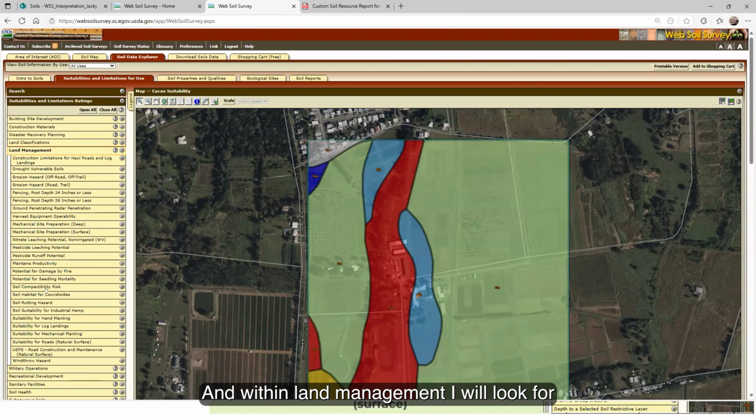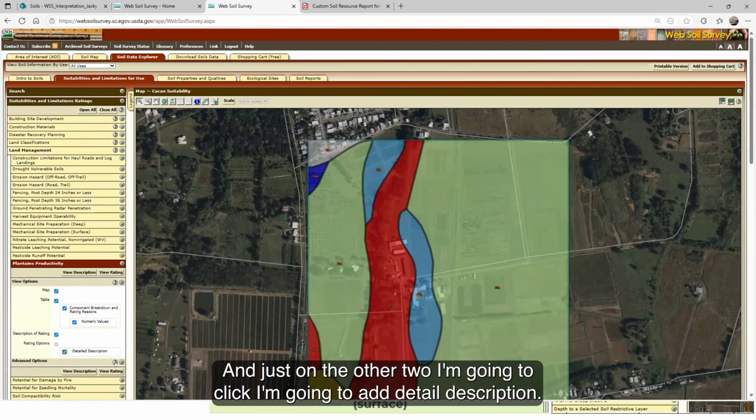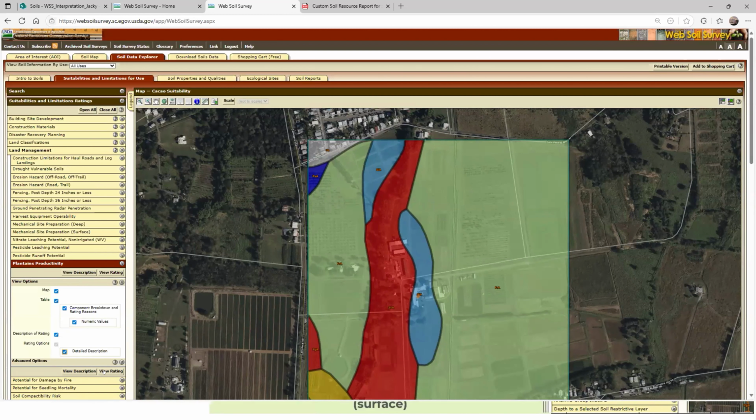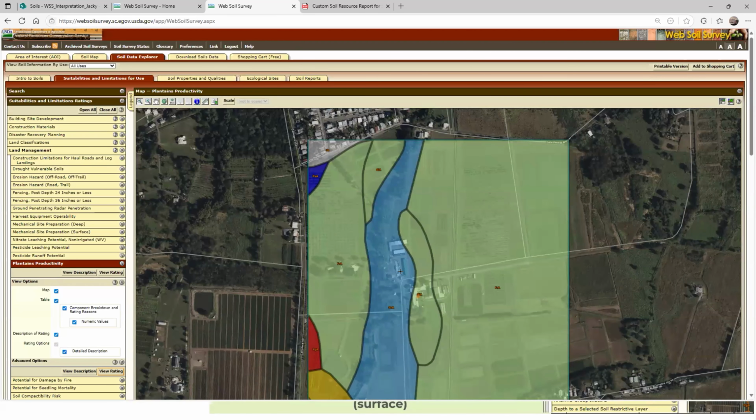And within Land Management, I will look for productivity reports on plantains. That's right here. And just like on the other two, I'm going to click on detailed description, and then I'm going to click on View Rating.